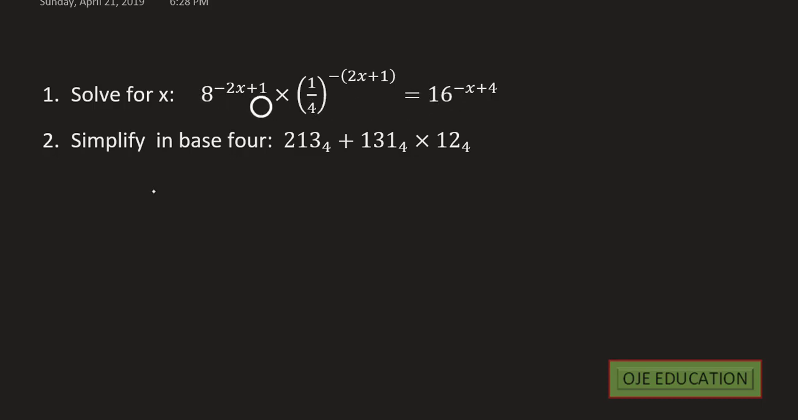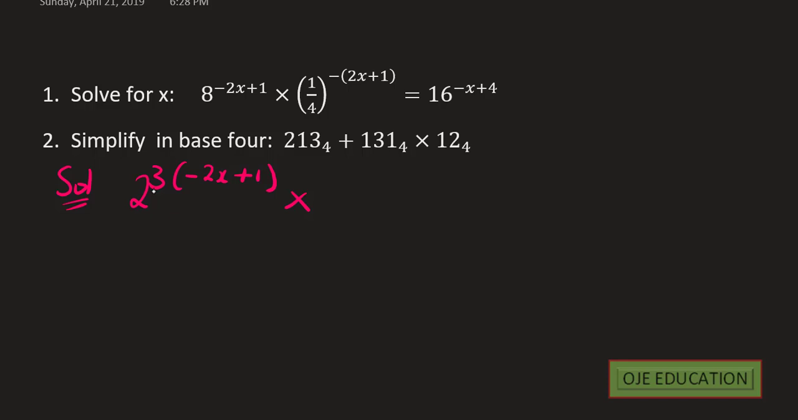If you look at the three numbers, 8, 4, and 16, we can change all of them to powers of 2. 8 can be changed to 2 to the power of 3, 4 can be changed to 2 to the power of 2, and 16 can be changed to 2 to the power of 4. So all of them will have 2 to the power of something. So let's start with that. Solution. So 8 becomes 2 power 3. There is a power here, minus 2x plus 1,